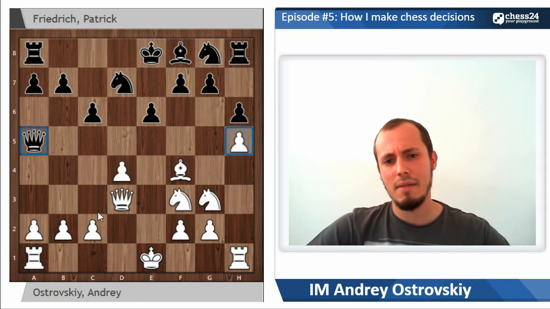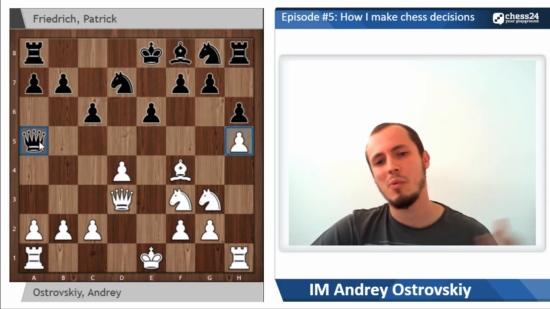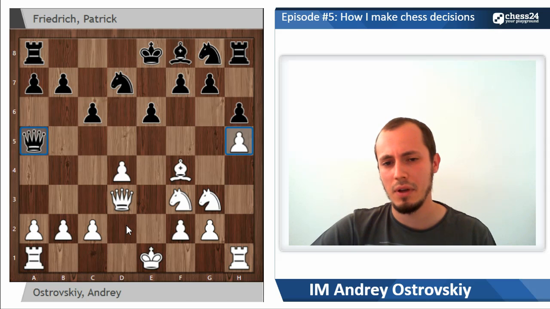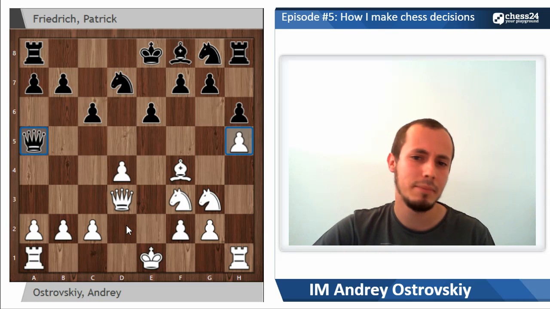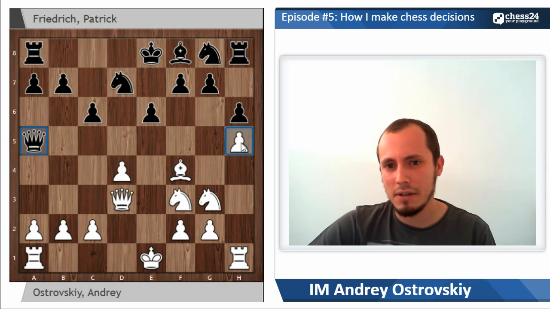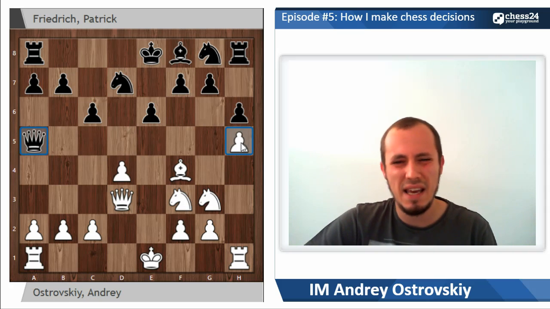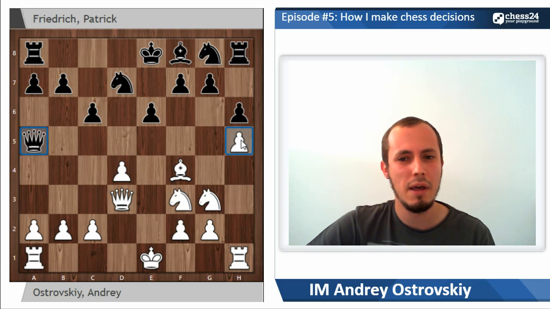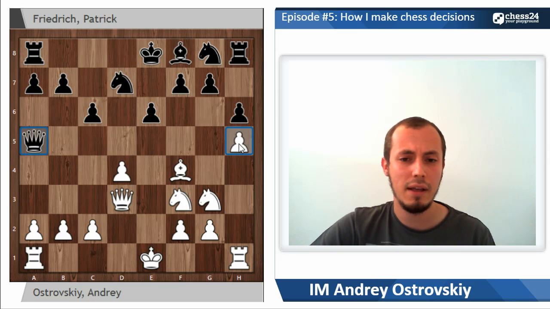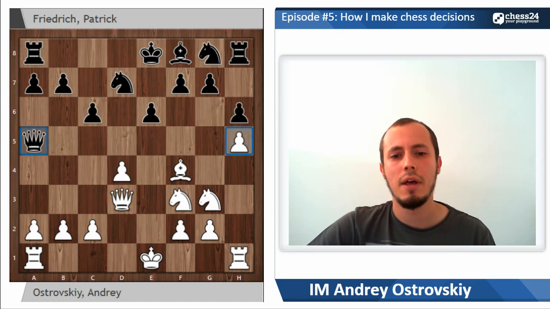check. And another point here is that white doesn't really have anything better than bishop to d2. Because if white wants to castle long, and actually it is probably the best option for white, since the pawn on h5 is there, castling short in many cases will be quite dangerous, because it will not be so easy to protect the h5 pawn in case of several attacks from black's side. So white usually castles long here, and after this check,